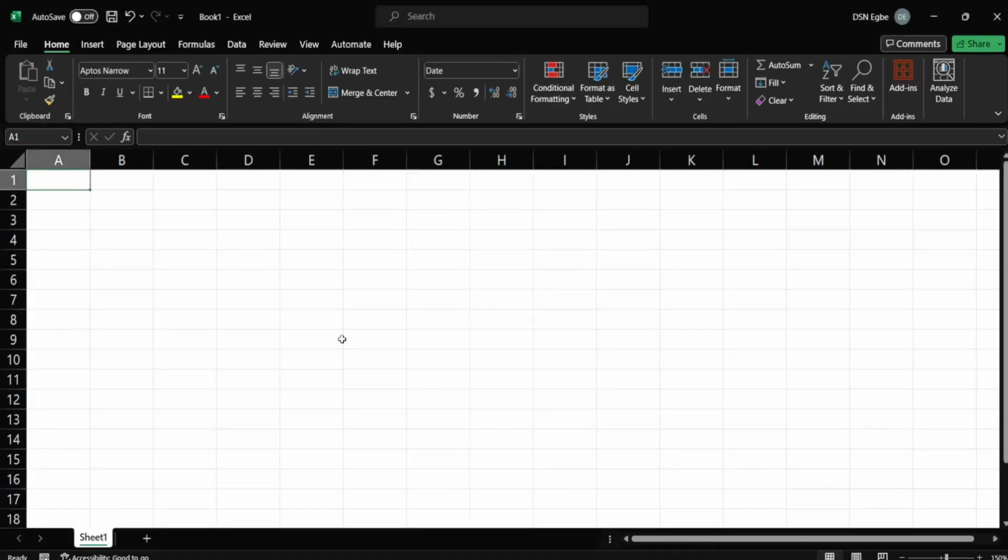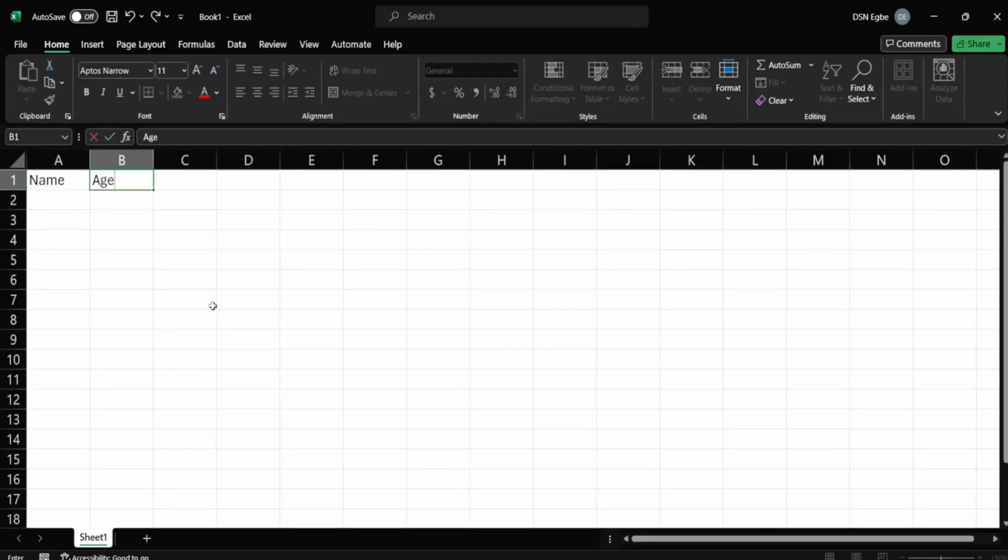Okay, I'll be walking us through the basics of conditional formatting, and we'll be seeing how it works. So, using these as the matrices as usual, I can have a name, I can have age. Let's just have this now. So I can say John,